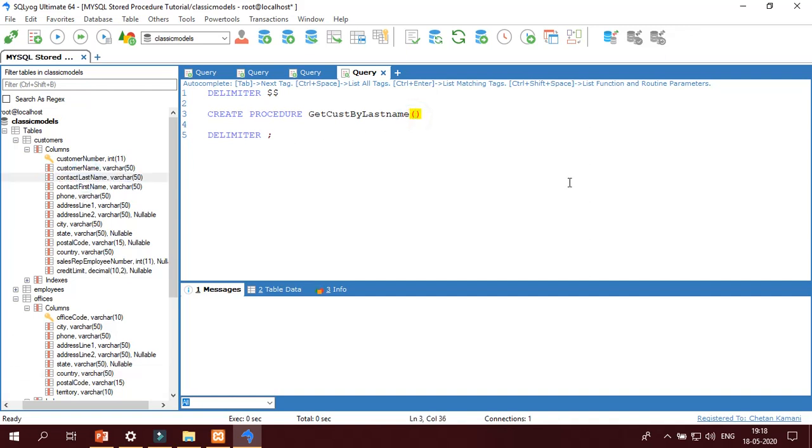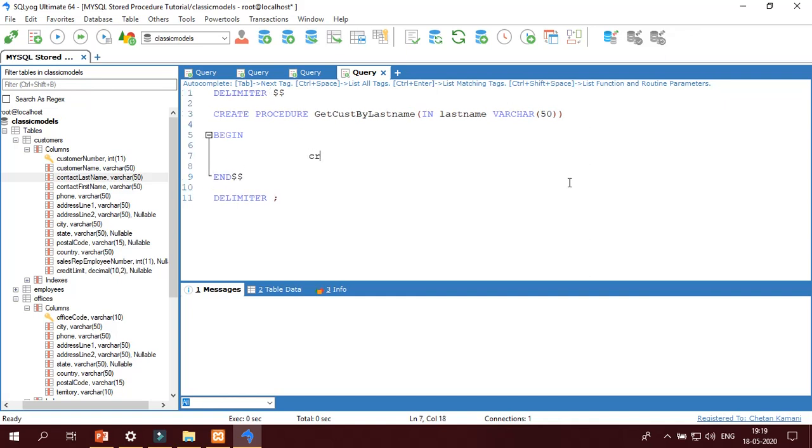Varchar 50. First of all, what should we write? The type of the parameter, IN, then last name. Data type varchar 50. Then begin and dollar dollar.